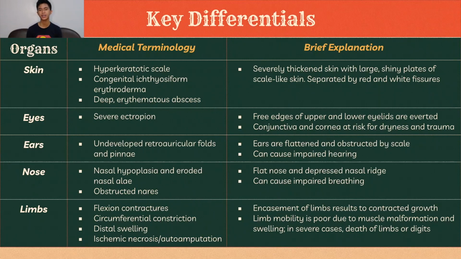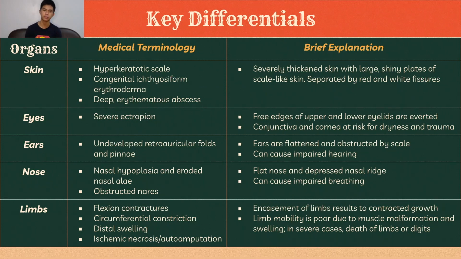Alright, so we define key differentials as the physiological manifestations that are more or less exclusive to certain diseases. As we can see in this table, the key differentials for Harlequin ichthyosis range throughout many different organ systems. For the skin, most evidently, there is a formation of thick, shiny plates that are separated by red and white fissures. It is these fissures in between that render the person affected susceptible to skin diseases and recurrent